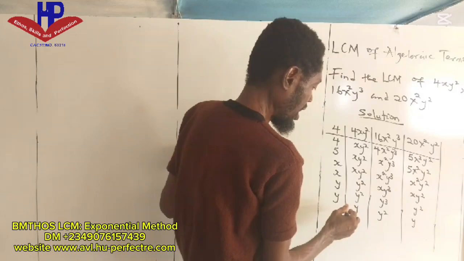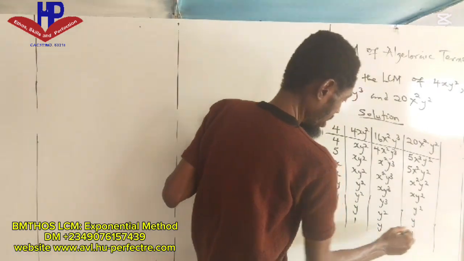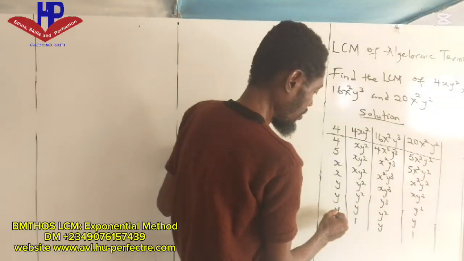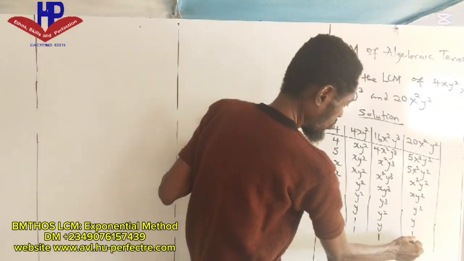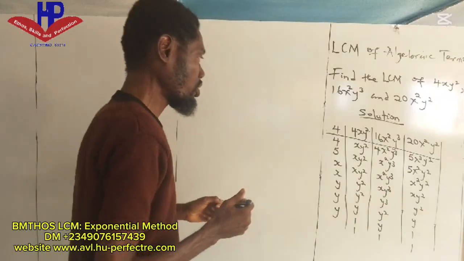Y will cancel out. You're left with 1 here. You're left with only y. You're left with 1 here. Finally, y will cancel itself. You're left with 1, 1, 1. You can see we have arrived at 1, 1, 1, 1 or 2. So our